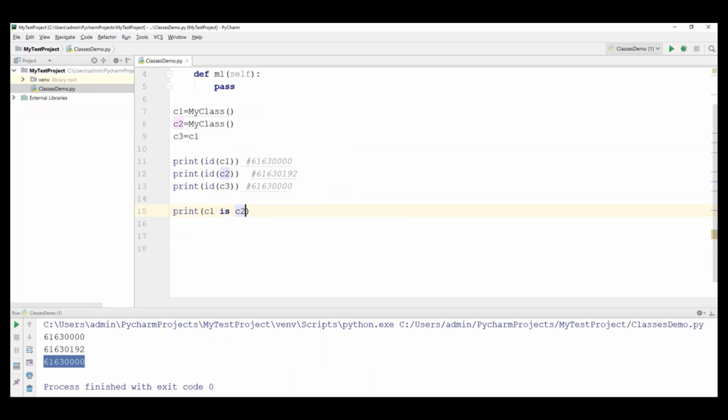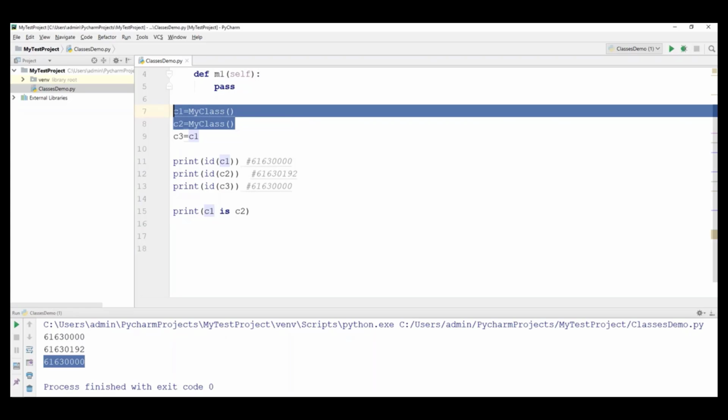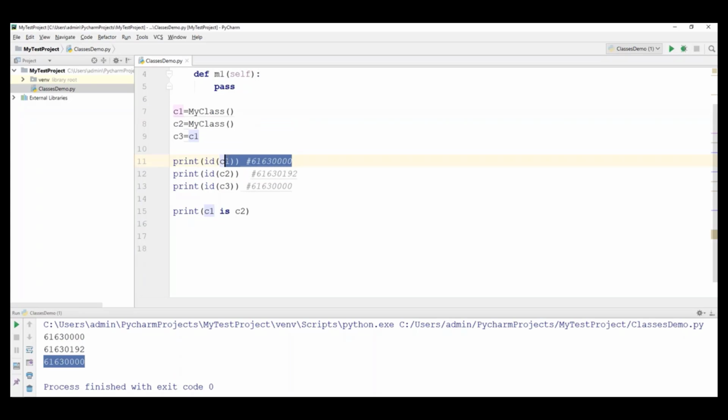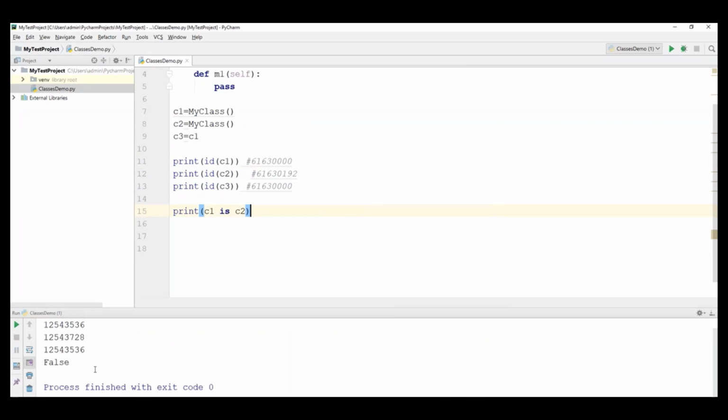What it means is c1 and c2 have completely different locations, so c1 is not c2 actually. So when I say c1 is c2, it should return false. Okay, it returns false, because c1 and c2 are not pointing to the same location. Both are different objects.